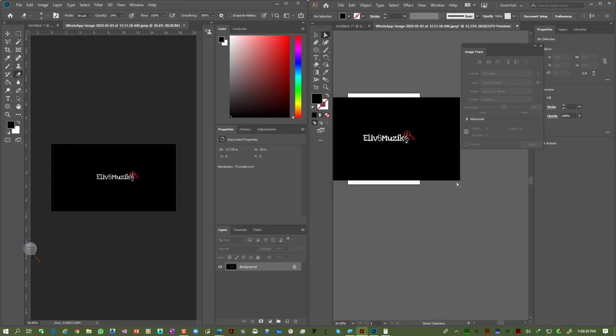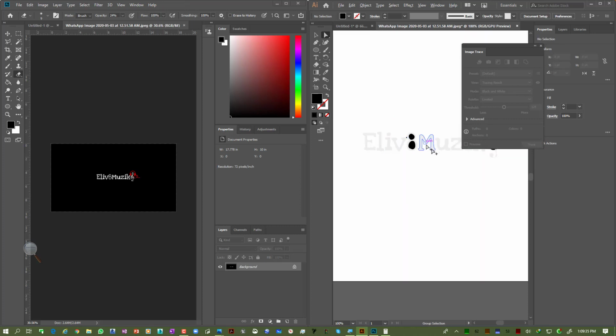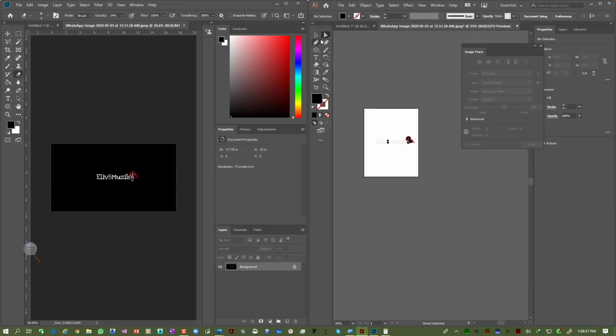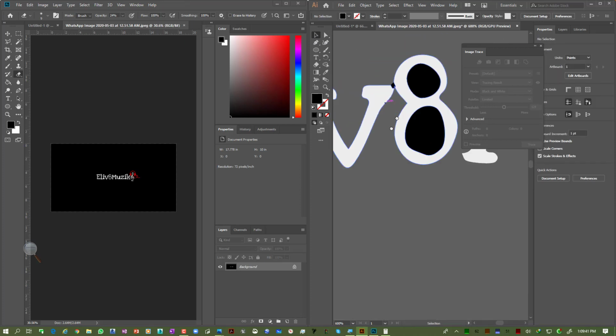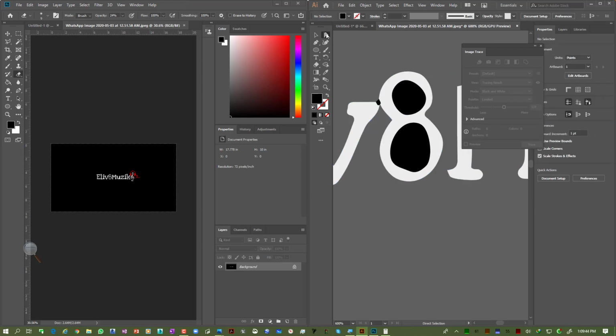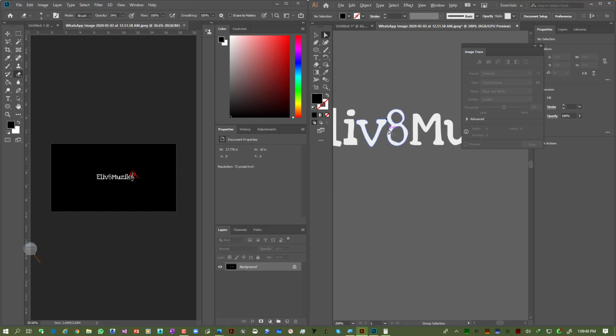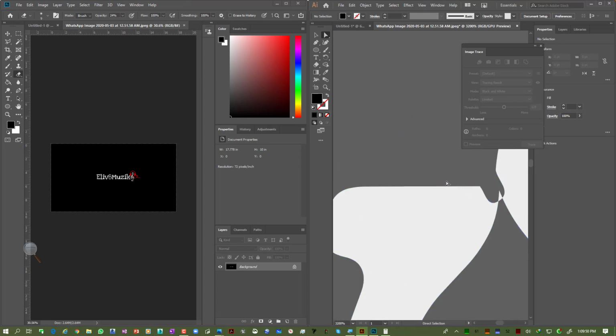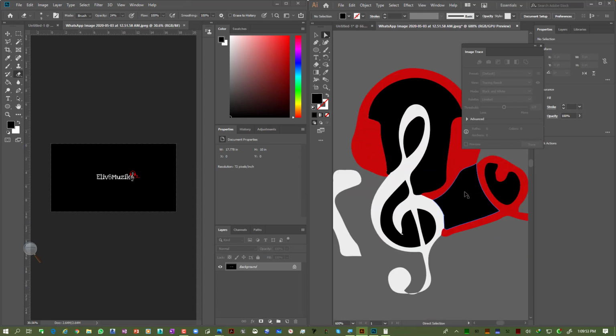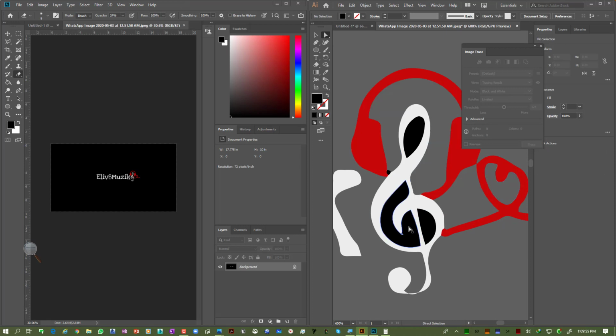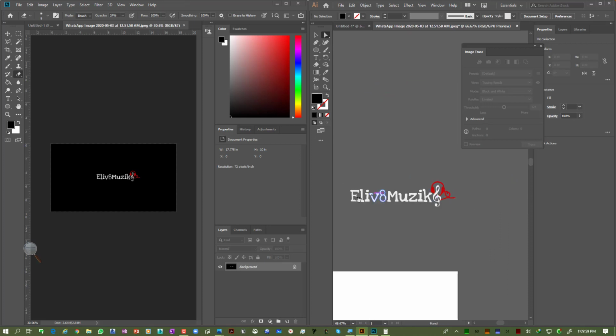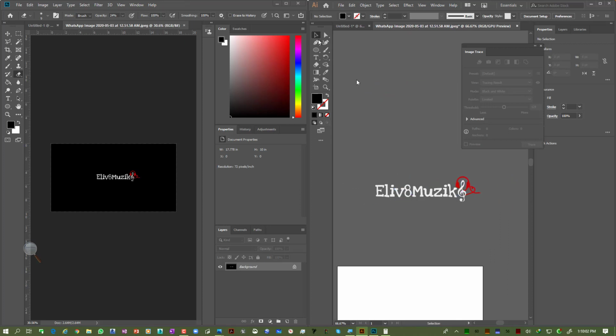What I'm going to do is, firstly, I'm going to delete the black, so that leaves me with just the logo here. I'm going to move this outside so you can see it a bit better. Next, I'm gonna delete using the direct selection tool. I'm gonna delete these and delete that and delete the black here and here and here and here and there. All right, good. Now that it's vector,